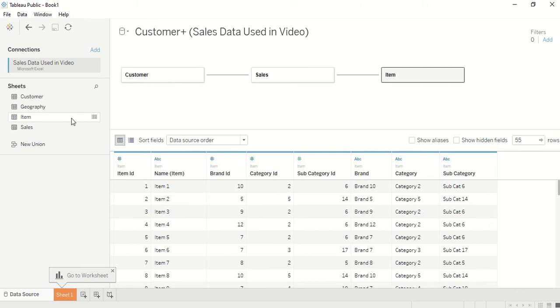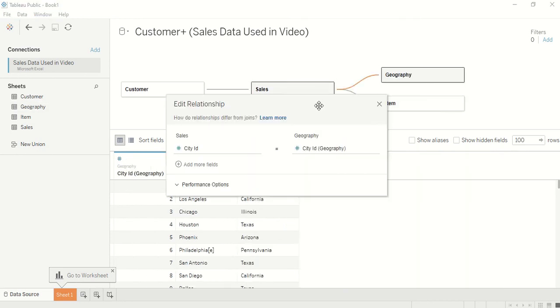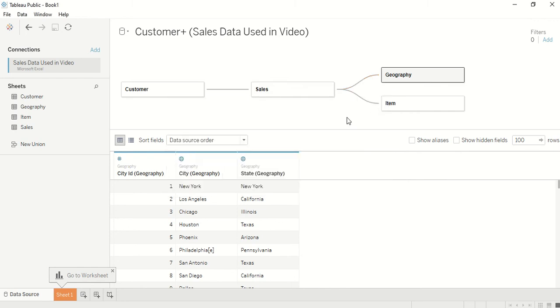Now when I want to drag this geography table, geography has a city ID which is also there in the customer. So I'm going to put it like this. Okay, so sales.cityid and geography.cityid, that's what I needed. So I have now configured all my tables, and you can see this is the diagram, and this is very much similar to what we have done in Tableau also.